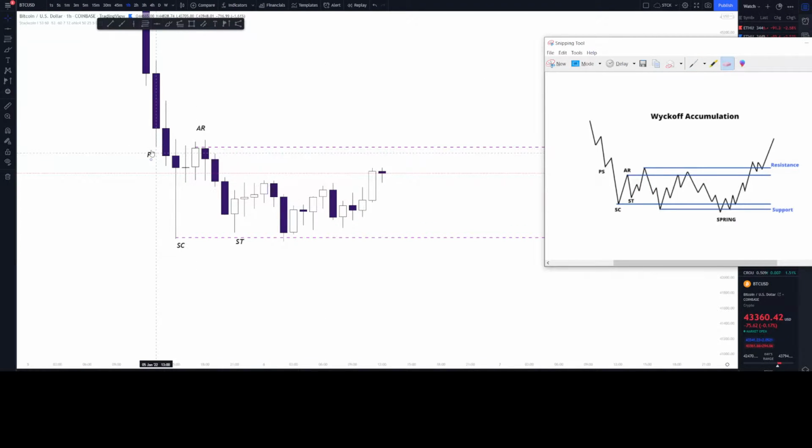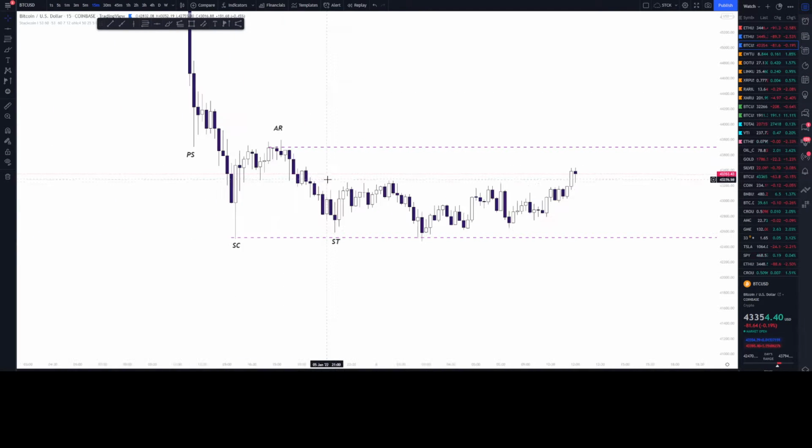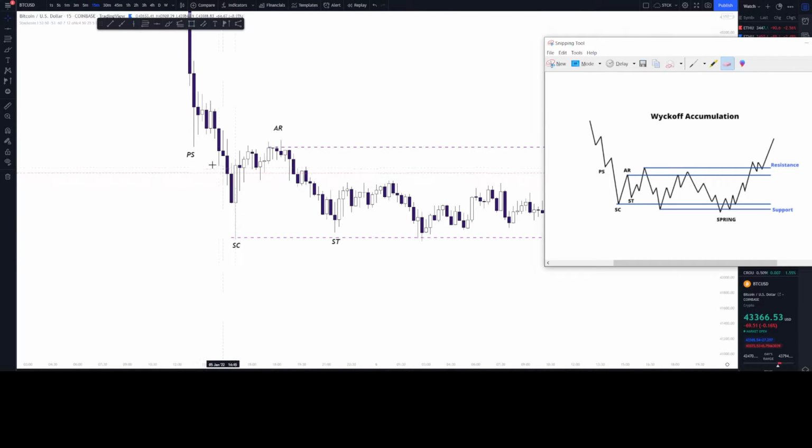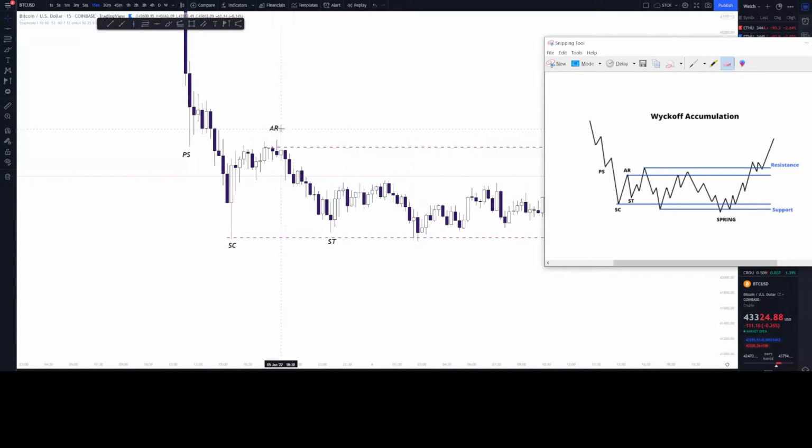And we can see the preliminary support here. You can actually see it much more clearly if we go temporally on a lower scale. Right, we have the preliminary stop, which is basically the price action trying to stop the downward movement, and it fails continuously until it hits the selling climax down here. Then it bounces back with the AR, the automatic rally,